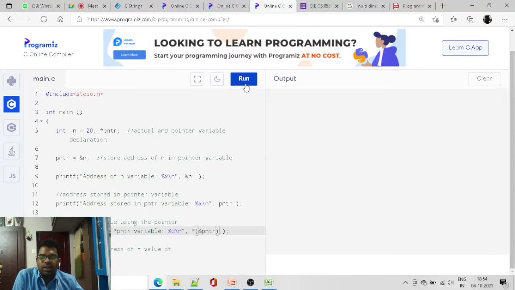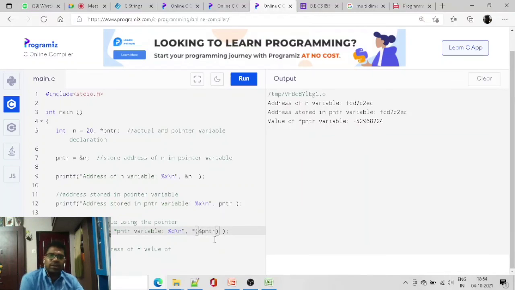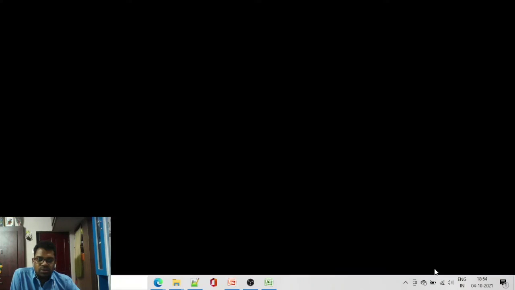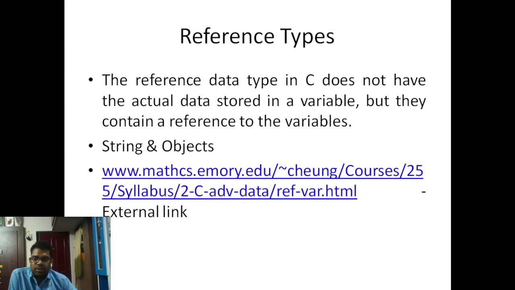You can literally play with pointers, there are a lot of things to learn in this pointer concept, so in a later class we will discuss the pointers. I will stick to this so that we can complete these concepts within this class.